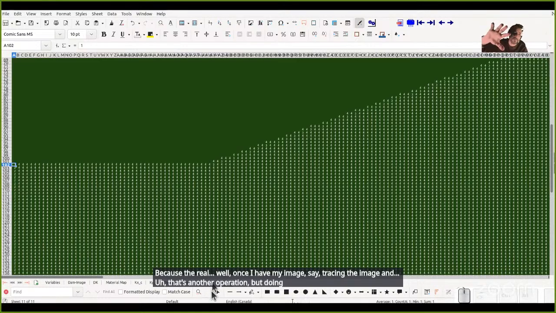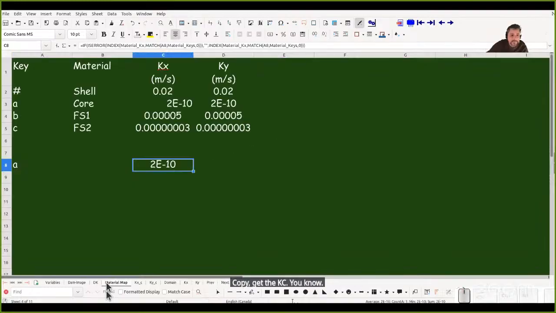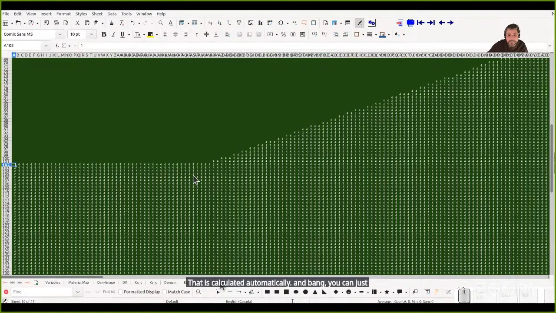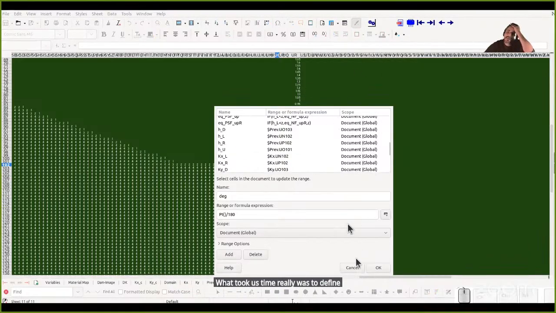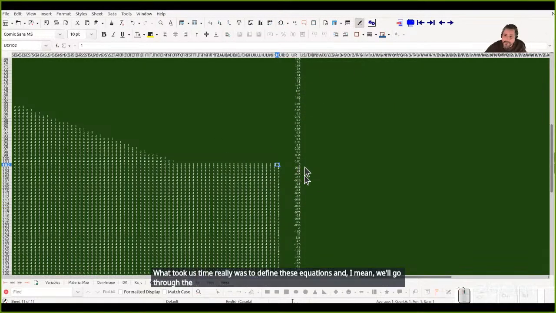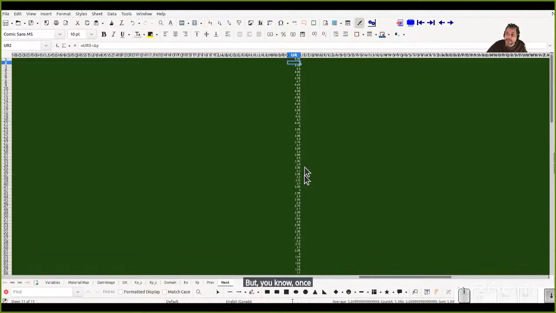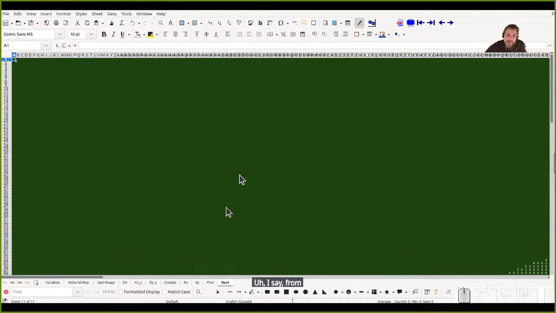But doing this is just import the image, copy, get the KC, you have your material map sheet that is calculated automatically, and bang, you can just generate these, do a quick copy and replace these for the proper equations. What took us time really was to define these equations, and we go through the step one at a time. But once you know how you set this up, I say from the image to this, 20 minutes